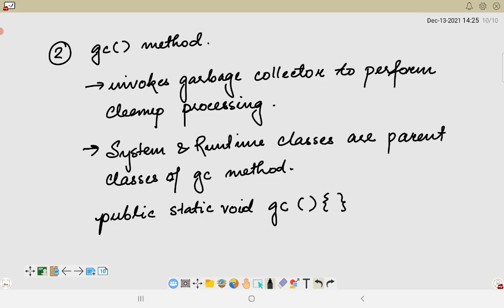Now garbage collection is performed by a daemon thread which is called the garbage collector, and this thread calls the finalize method before the object's garbage is collected. So the finalize method becomes an inevitable part because it is called by the garbage collector, and the cleanup processing is basically done by this particular method only. Let us look into a small example of garbage collection.